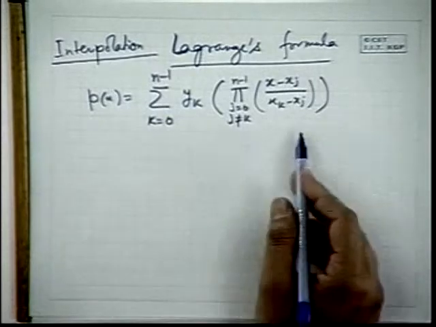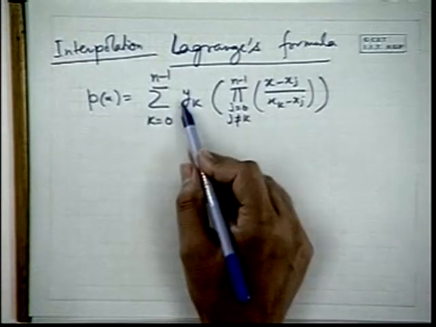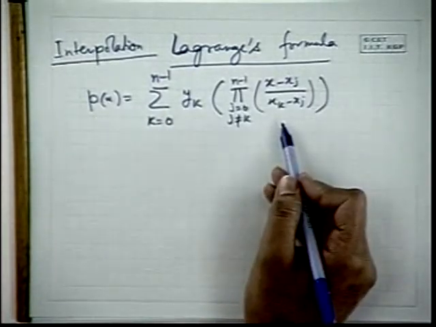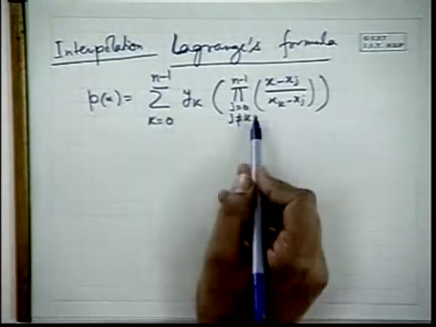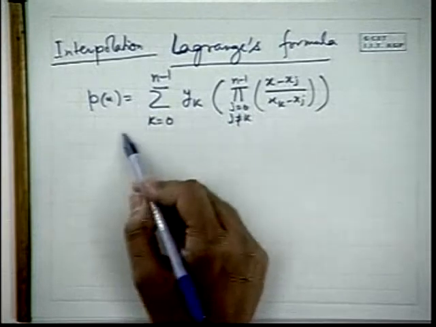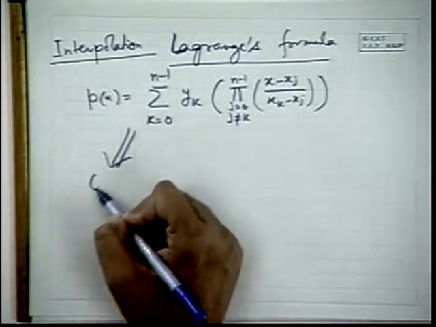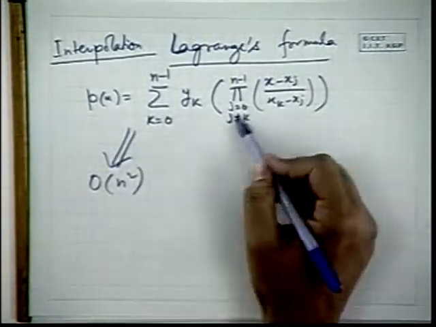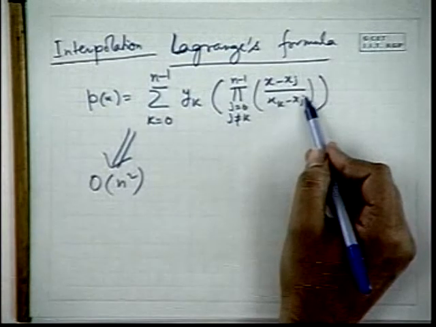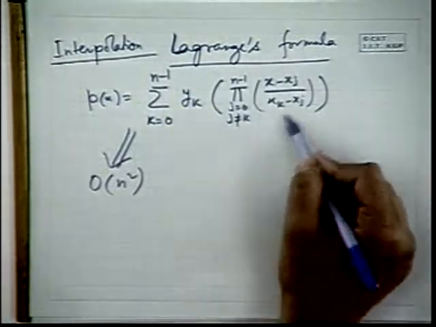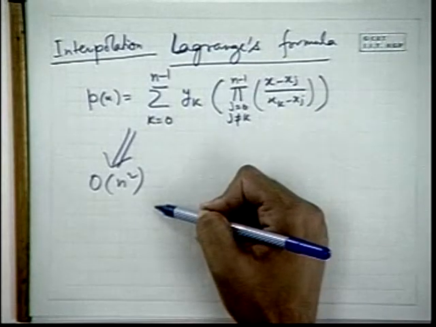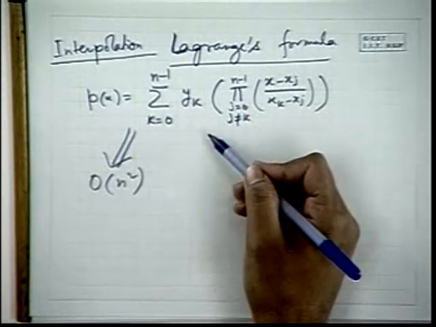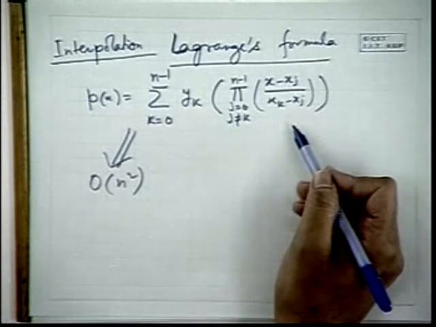If you compute this formula, where x_k, y_k are given to you for n values, you will get P of x, all the coefficients. Again you will see this takes order of n squared time because there is a loop within another one. Each of these takes order n and there are n of them, so n times n, order n square. So order n square you can evaluate a function, and order n square you can interpolate a function.